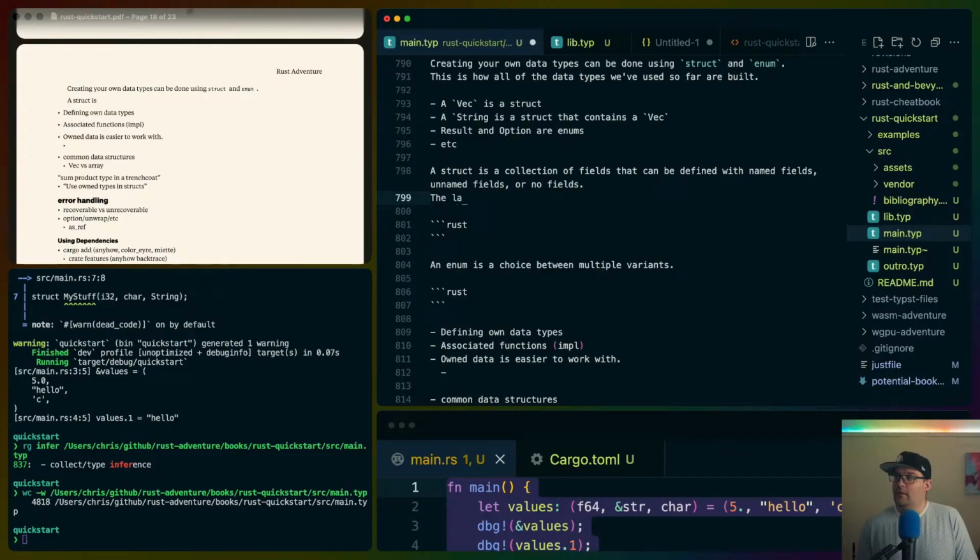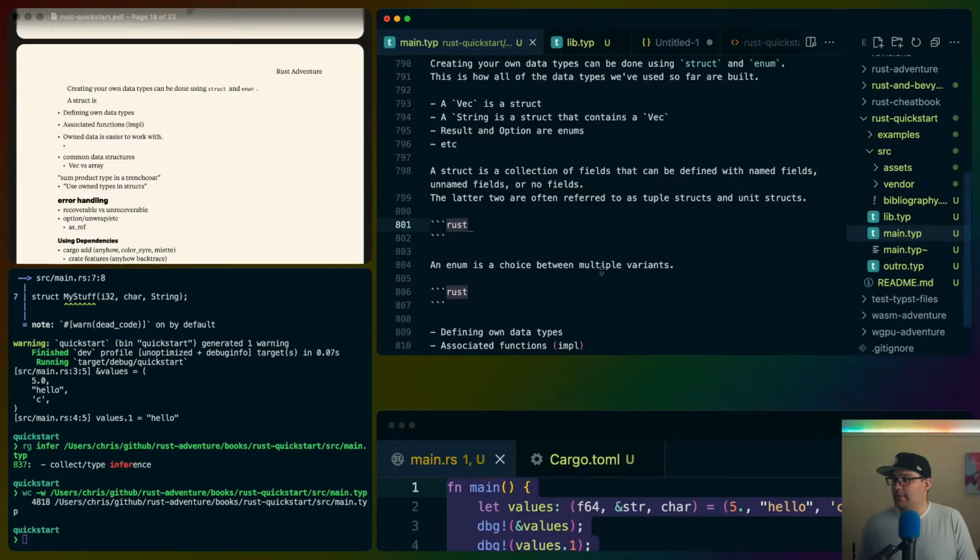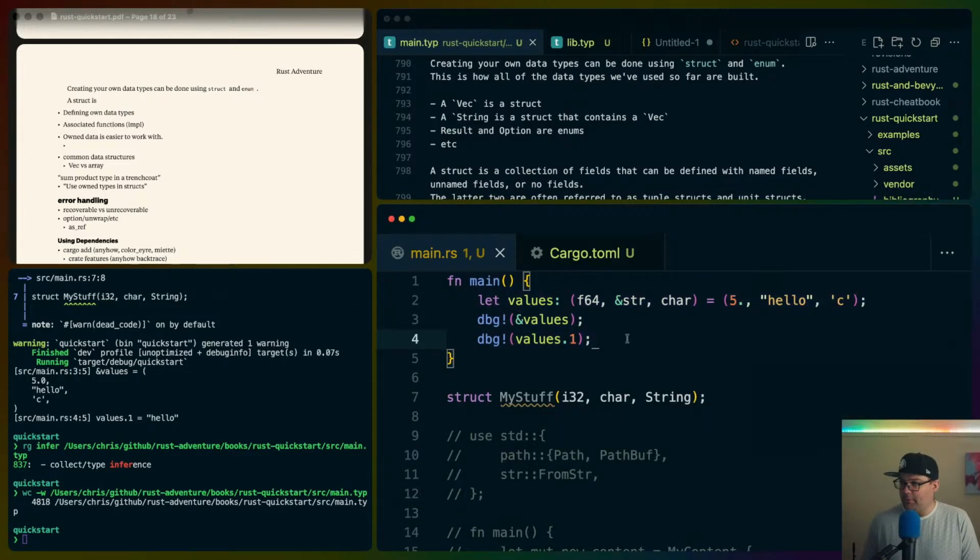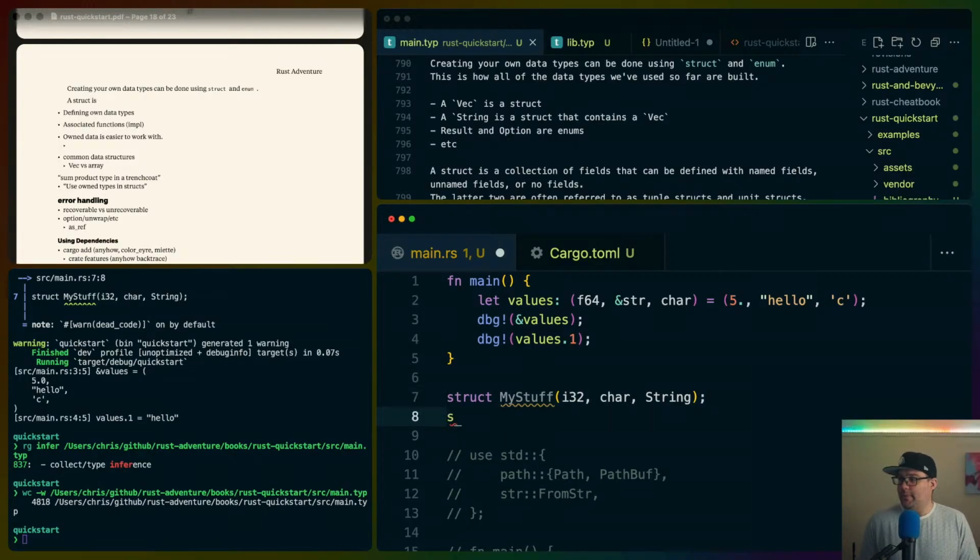The latter two are often referred to as tuple structs and marker and unit structs. Unit structs is what we'll go with. So we need an example of each of them, I think. I'm trying not to skip through too much of this, right? I don't want to spend too much time on syntax and stuff, but